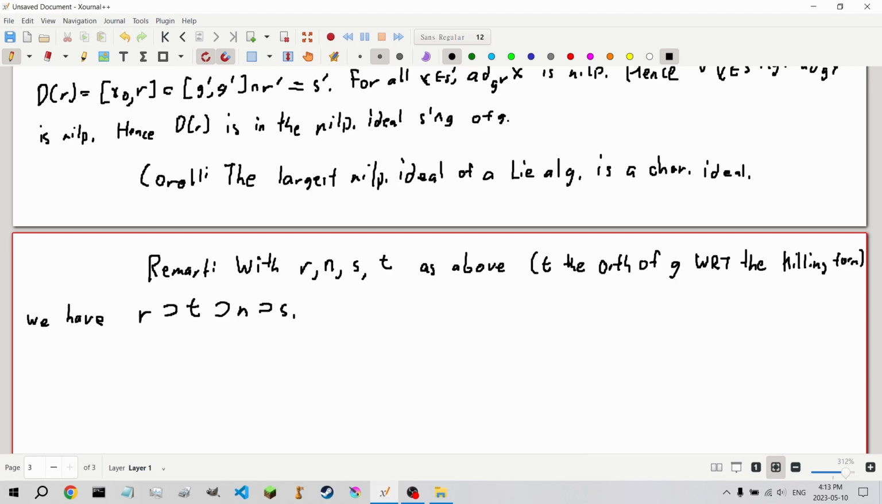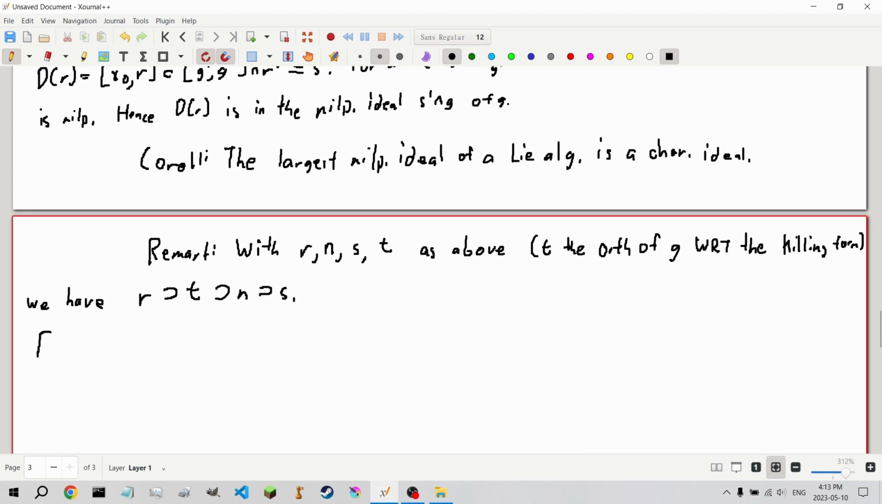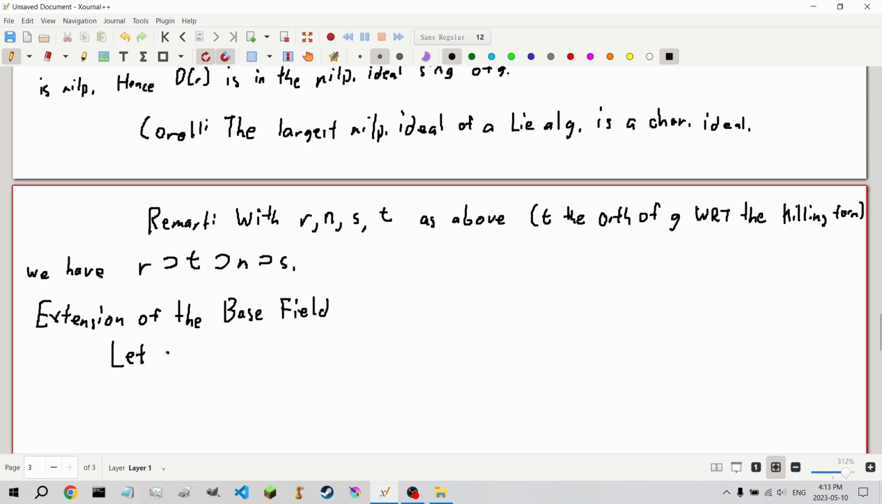Now, there's one last chapter, gonna be a shorter one. It's Bourbaki, so you know what this is gonna be. We're gonna be looking at extension of the base field. And this will be the last topic for solvable algebras. Let G be a Lie K algebra and K1 an extension of K. G K1 is solvable if and only if G is solvable